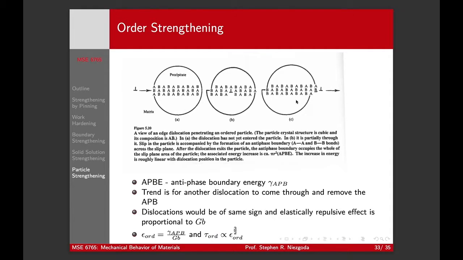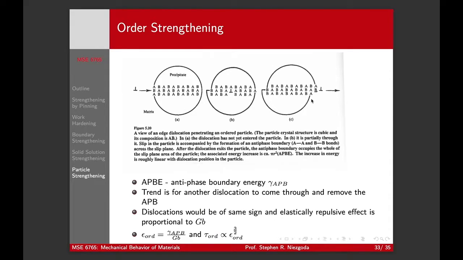Right? And this is an antiphase boundary. Right? And of course, there's an energy associated with that. Right? And so you have to do work to do this. Now, if another dislocation comes through here and shears it again, it's going to reverse it and bring